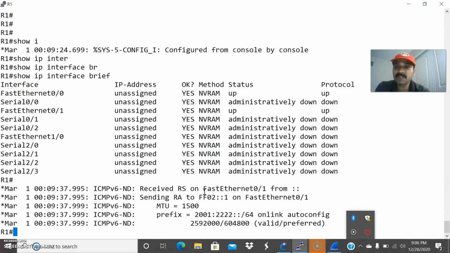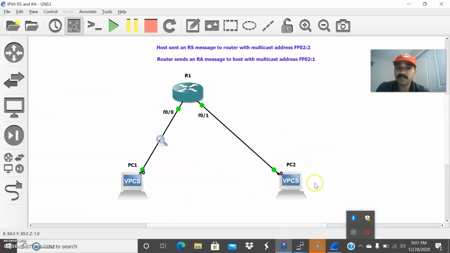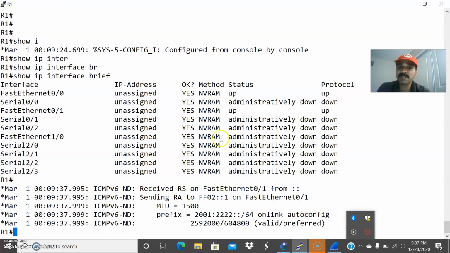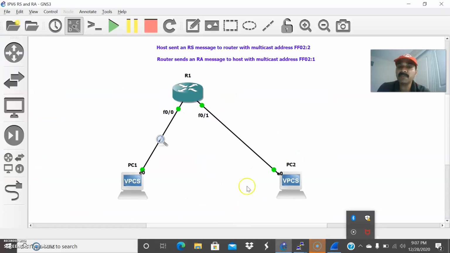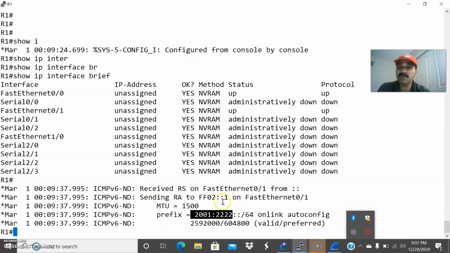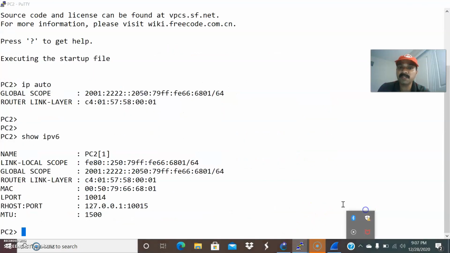This is how the router solicitation and router advertisement work, you are able to see, right? Received RS from FastEthernet 0/1 and sending RA. RS is nothing but the router solicitation message. It received it from the host. So PC2 sent a router solicitation message to this router, and upon receiving the router solicitation request, R1 will send the router advertisement on the corresponding multicast address. It will append the prefix. The prefix you have mentioned is 222, right? This is the prefix you advertise. After getting the information, the host will append the interface ID to this prefix. That is the reason you are seeing this in PC2. It will append this prefix to the generated interface ID.